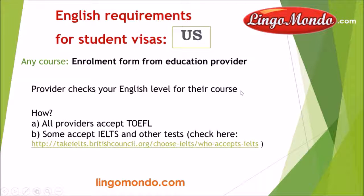So how do they check your English level? All providers in the United States accept TOEFL, you guessed it. TOEFL is an American test, so providers in the United States are very comfortable with it, and practically all of them accept it. Some providers in the United States also accept IELTS, and they may accept some other tests, but it really depends on the provider. If you want to know who accepts IELTS test in the United States, and I will put